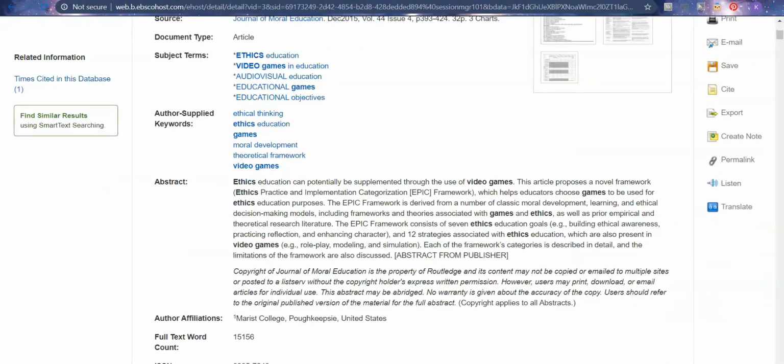Authors, when they publish their articles, often supply keywords that they believe relate to their article. I've had to do that when I've published. And so it's a good way to think about, as a writer, what am I engaging with? What kind of readers do I want to read my article? But it also helps me as a researcher. Okay, I could add ethical thinking to my search. I could add moral instead of ethical to part of my search and see what kind of sources I come